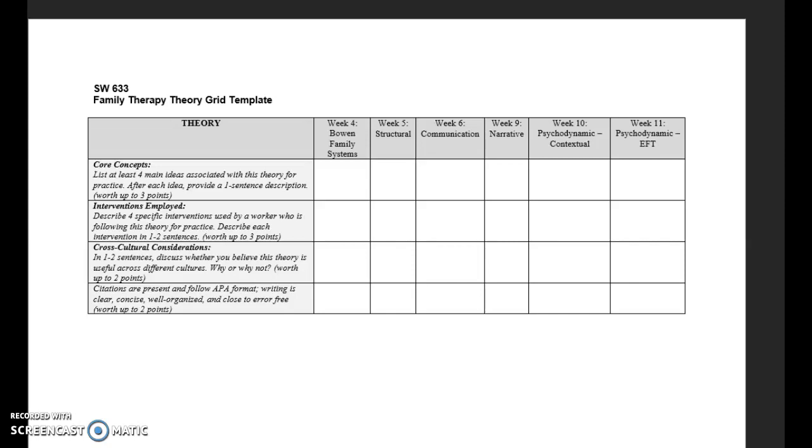You will then identify 4 interventions within the theory. An intervention would be some specific strategies carried out by the worker within this theory. Lastly, you will give a brief description of whether or not this theory could be effective with a variety of different cultures. And although this is in grid format, I would also like you to use appropriate citations and references throughout your writing. In terms of the division of work, it will be necessary to communicate with your group to